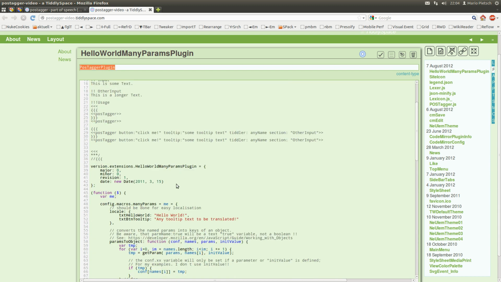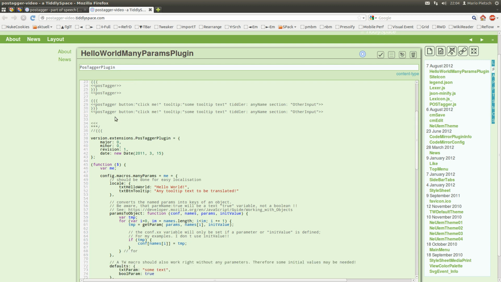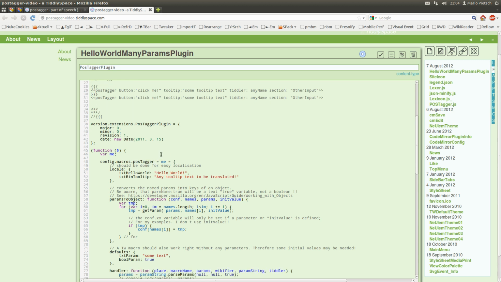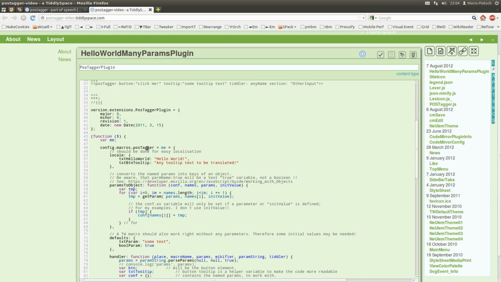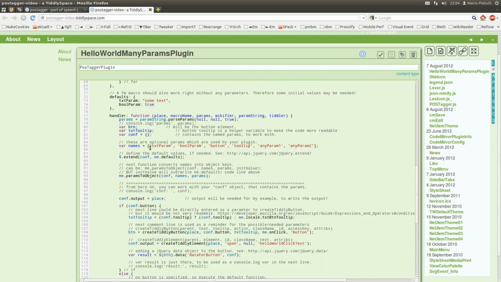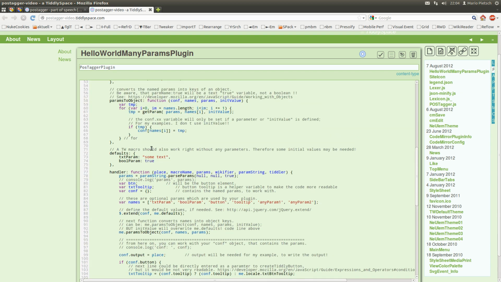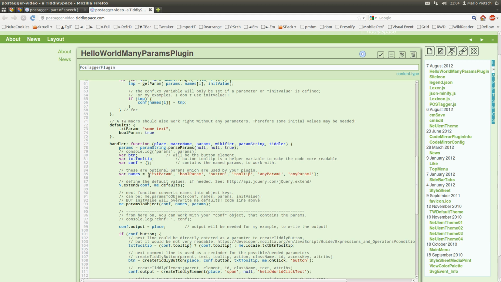The extension needs to be renamed Post Tagger plugin, and the macro needs to be renamed into Post Tagger. All the other stuff is the same, but now the parameters are different, and this is the only thing that is really important.